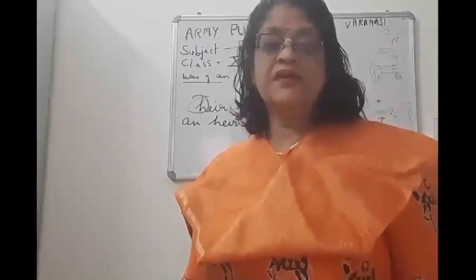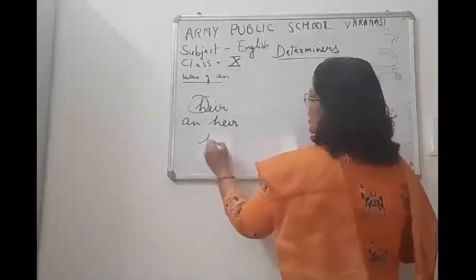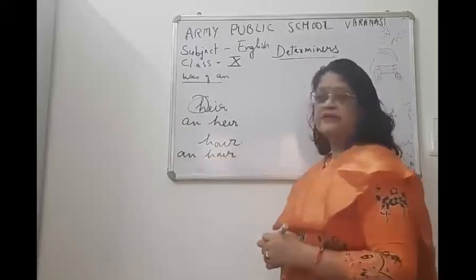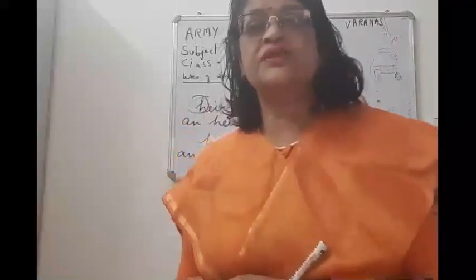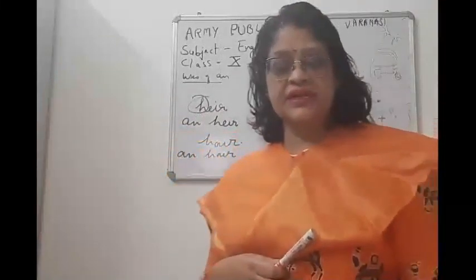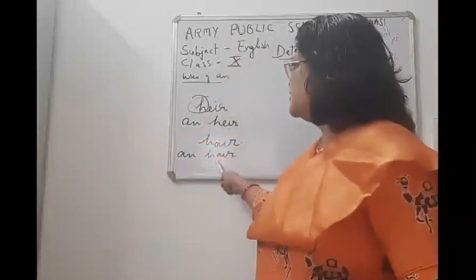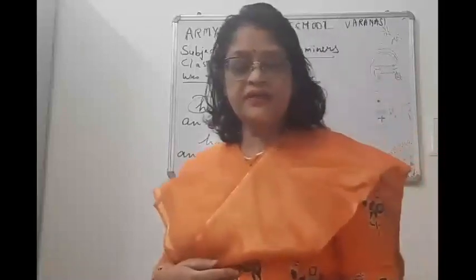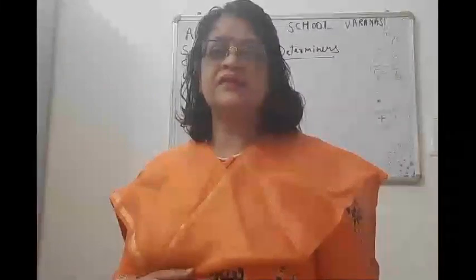Then hour. We never say a hour. We say an hour. Half an hour. So again H is used here. See, it is a consonant letter, but we are starting with a vowel sound. That's why, children, we say an hour. Now children, there are many abbreviations which begin with a consonant letter, but they have a vowel sound.